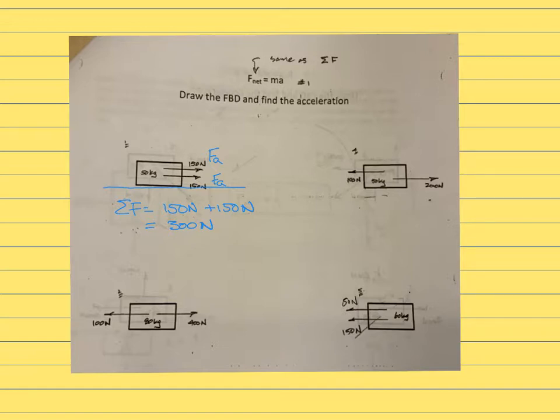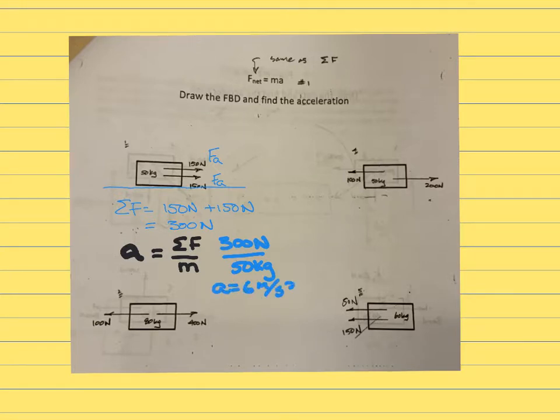Newton's second law says that the acceleration is equal to the sum of the forces, or the net force, directly proportional to the net force, and it's inversely proportional to the mass. So now we're going to plug in our sigma F, 300 newtons, and divide it by 50 kilograms. And that looks like that is going to be an acceleration of 6